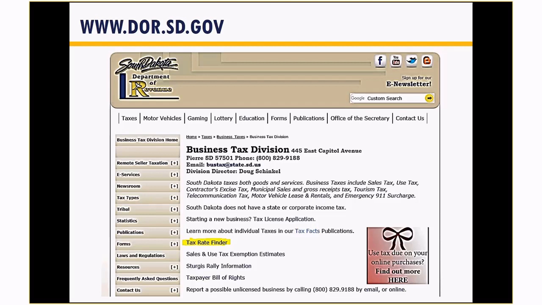Yes, there are services out there on the internet that do it for free, and this one is also free, but if you're using the South Dakota specific one, and say perhaps it's a big dollar sale, you happen to print that screen of what the tax rate came back as, the state of South Dakota will obviously honor their own system versus some free one that you happen to find online. Strongly recommend using the state rate finders.